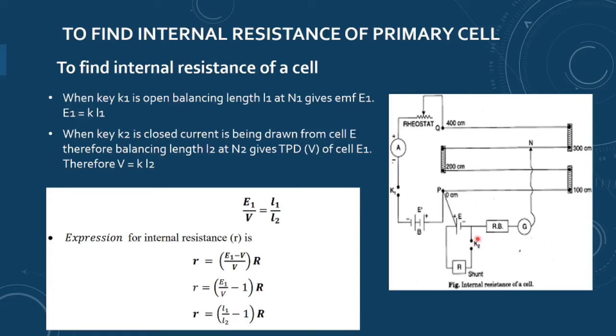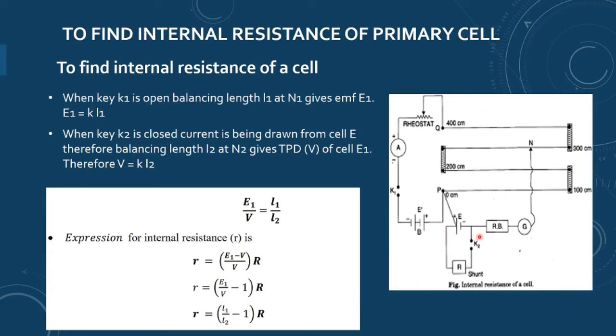inserting K2. If you are not inserting K2, then how the current will pass, just to understand: it is passing starting from P, it is going this way, positive, this way it will come, and this circuit it will be going, and of course here also the current is going, completing. When I have put the jockey, it is completing and going like this. And at this position, I get a null point without inserting the key K2. It means the shunt resistance is not in the circuit.